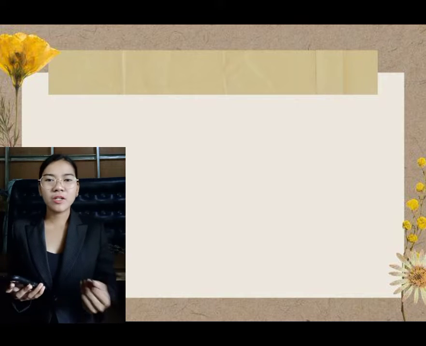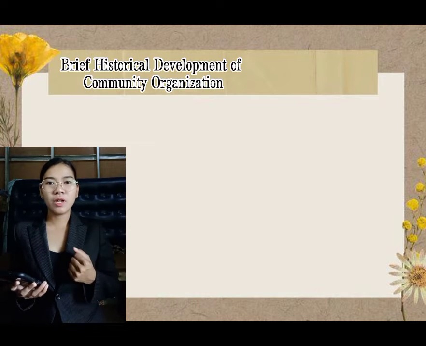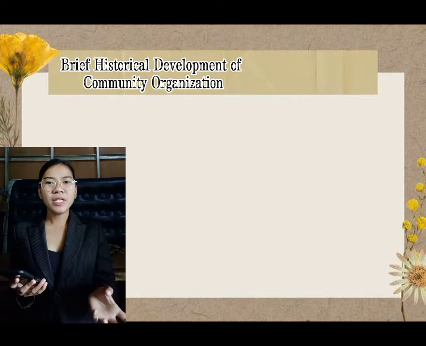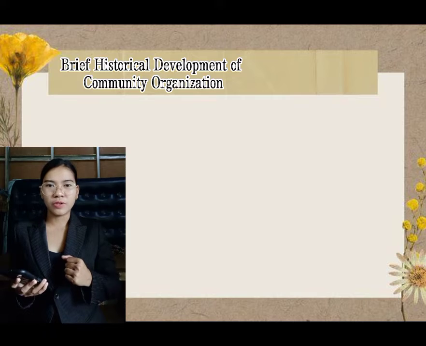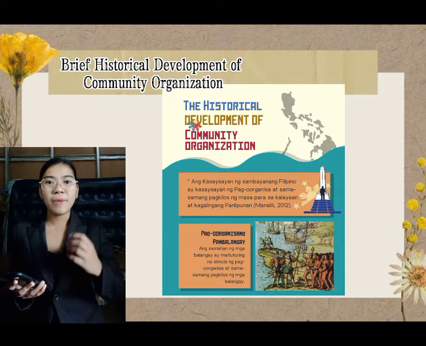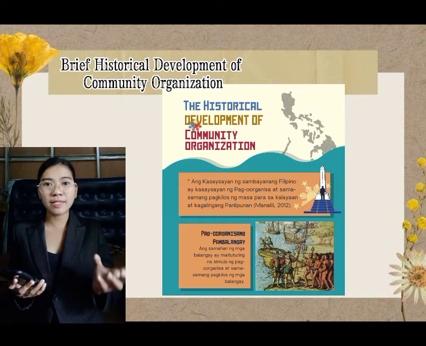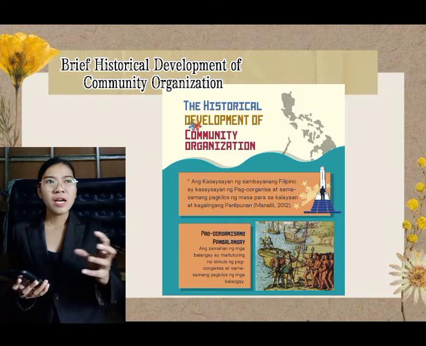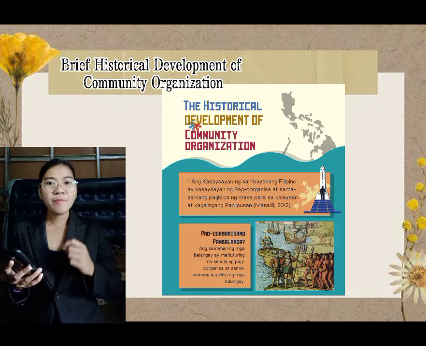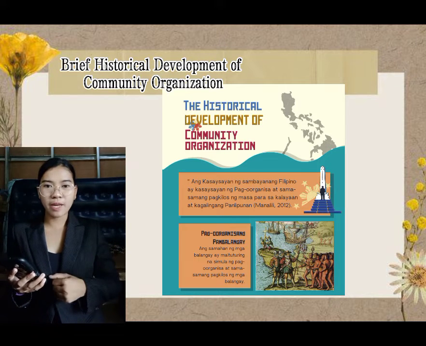Okay, so ang pangalawa nating objective sa video na ito ay napapatungkol sa malaman kung ano ang mga historical development ng community organizing noon. Paano nga ba nagsimula ang community organizing noon? Meron tayong tinatawag noon na balangay, na kung saan ito ay isang komunidad na nakatira sa mga maliliit na bangka at sama-sama silang nag-oorganisa. Ang samahan ng mga balangay ay maituturing na simula ng pag-oorganisa at sama-samang pagkilos.